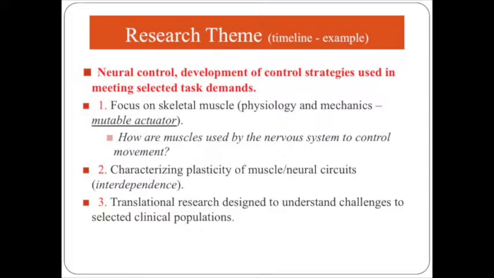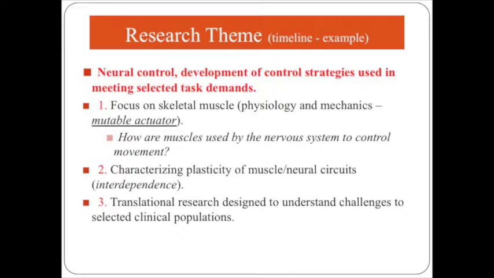I'm going to tell you a little bit about my ideas of what I do. Our previous speaker, Dr. Wu, is a statistician, extremely valuable people. Need them every day of your life in research. You need to engage a team who knows what they're doing about data analysis and experimental design. That's a must. My world is in neural control and the development of control strategies used in meeting selected task